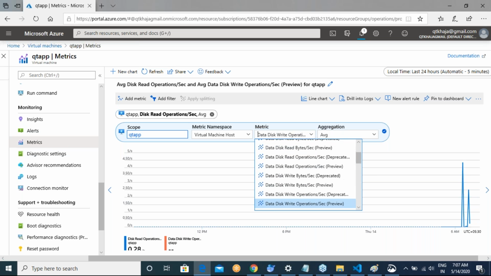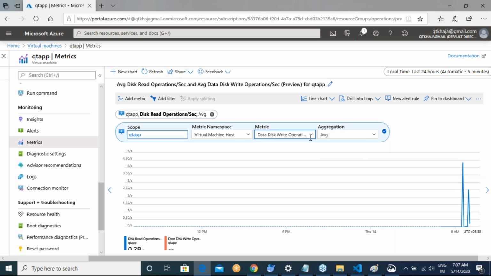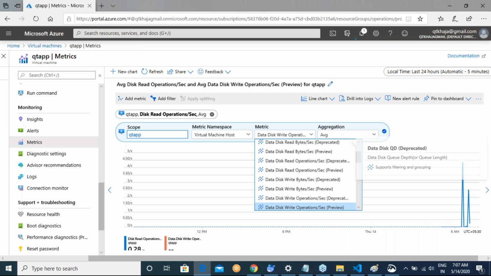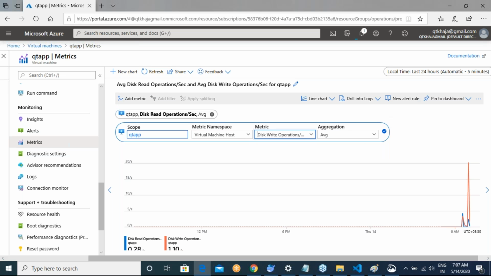So we didn't have much disk write activity actually. If you want, you can add a metric over here. This is very easy to set up.